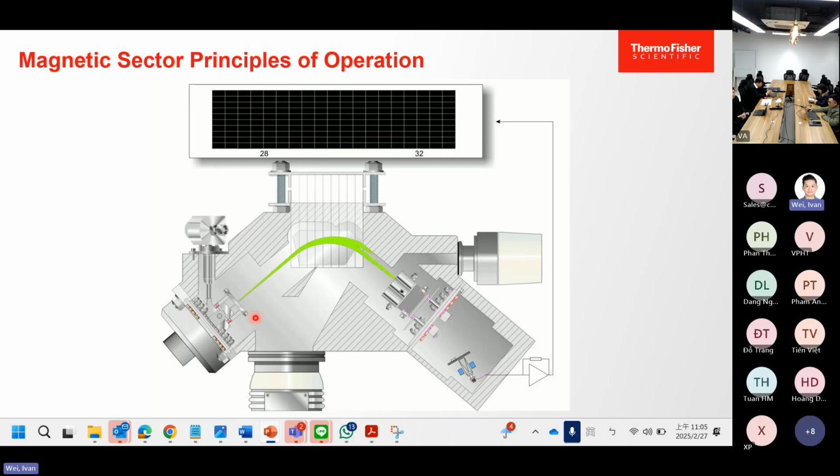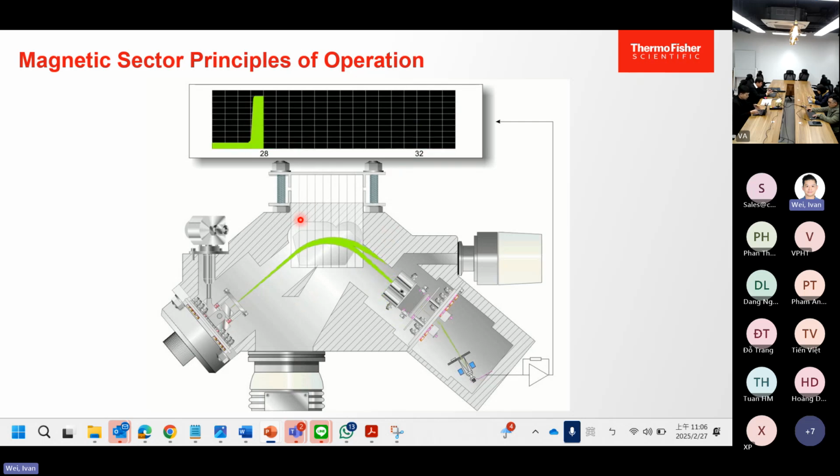As you can see here, once the compound is ionized, it will go through this route, and then the magnetic fields will change the trajectories to make the trajectories hit our ion detectors. So in here, we are measuring nitrogen and oxygen. The mass of nitrogen is 28 atomic mass units. For oxygen, because it's O2, it's 16 plus 16, so it's 32. So that 32 is the oxygen's atomic ion mass.